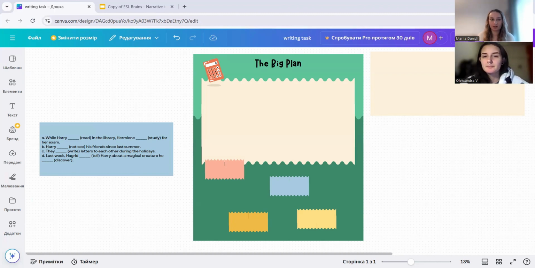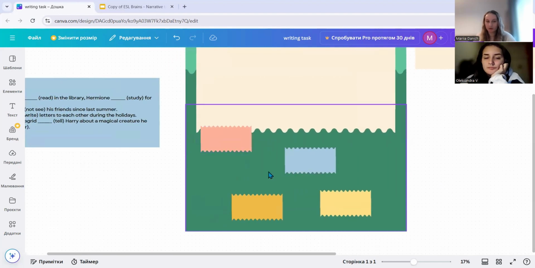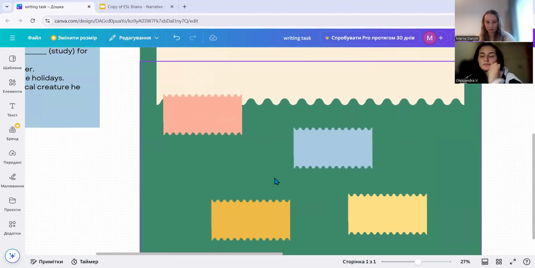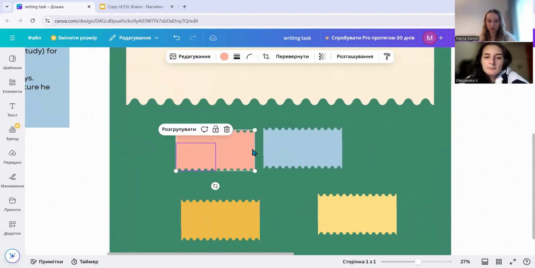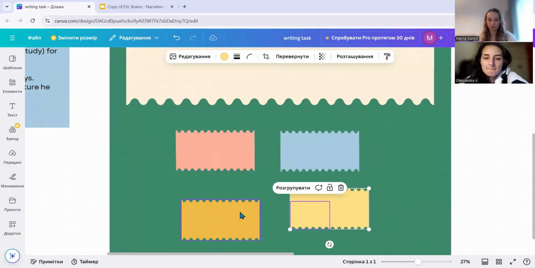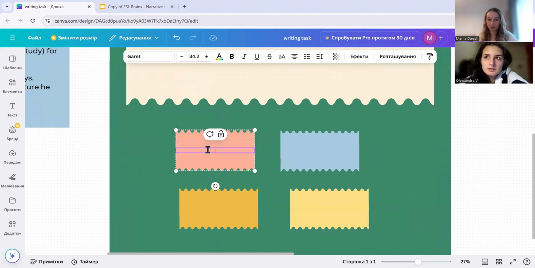Okay, good. So right now, I would like you to come up with just 4 main ideas for your letter. Just like you said, some trip with friends, then fighting some creatures, finding some creatures, then maybe also a Quidditch match at school. So any 4 ideas which you could write about. Just 4 of them. As you can see, there are 4 spaces, and we should use them for your ideas. What could be the first idea?